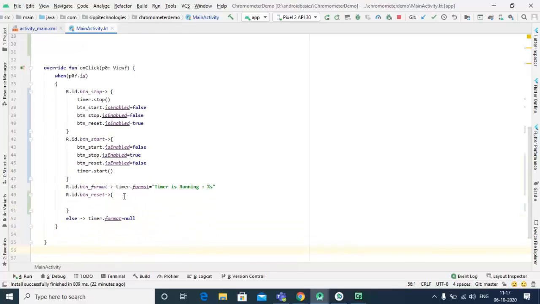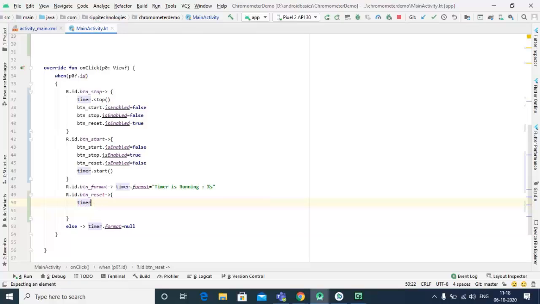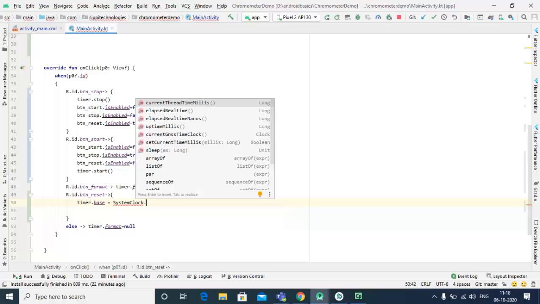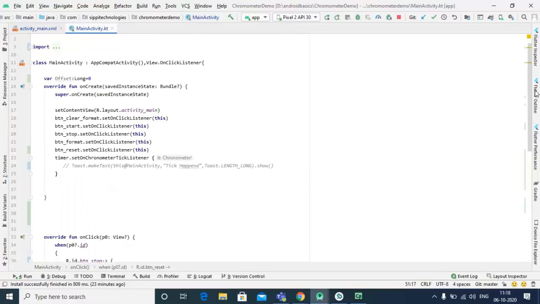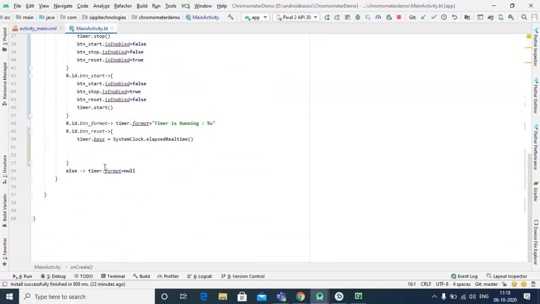so for reset, when reset is clicked, then timer dot base is equal to system clock dot elapsed real time, and set offset, offset is equal to 0, means it comes into the previous state like the default state. So offset is equal to 0. Okay,